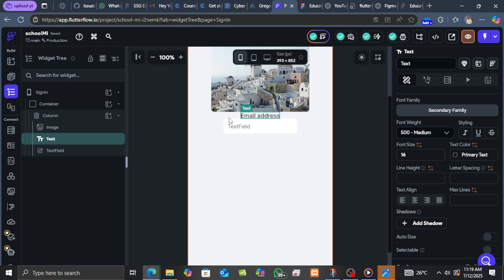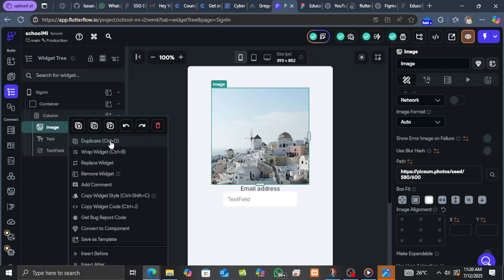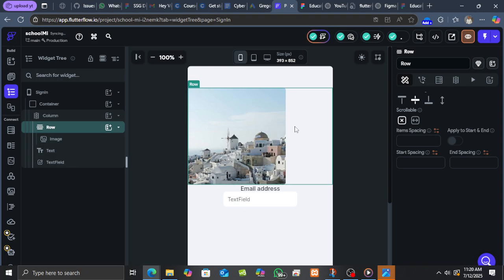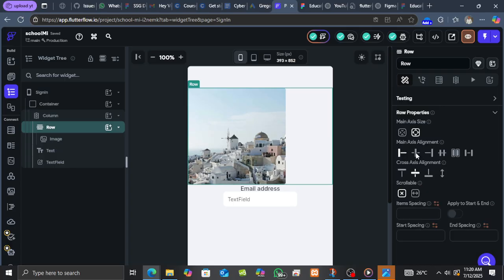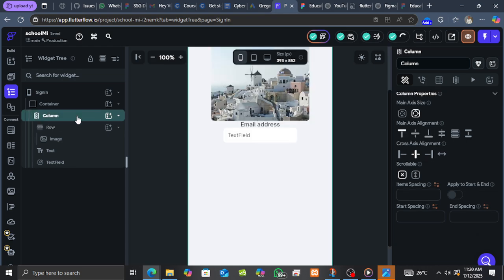All right, okay, wait, let me wrap this image inside a row. Wrap inside a row, then I set it to middle. Okay, then for the column I can say